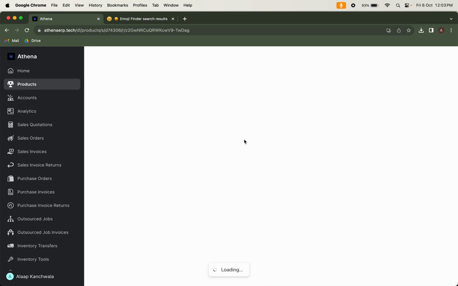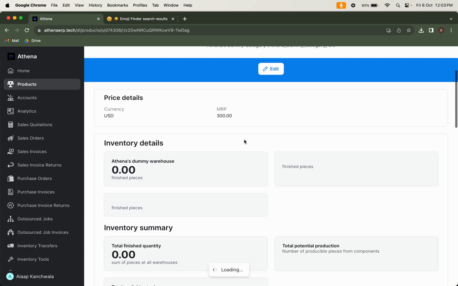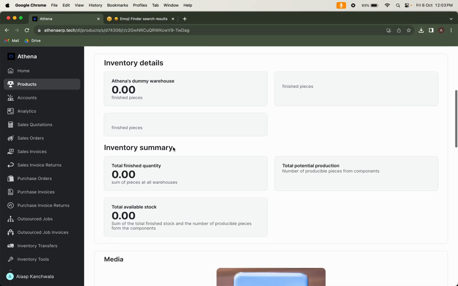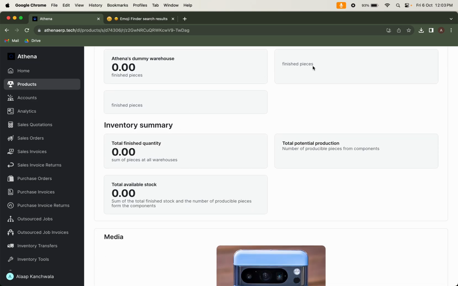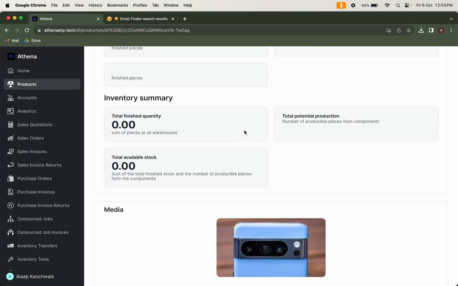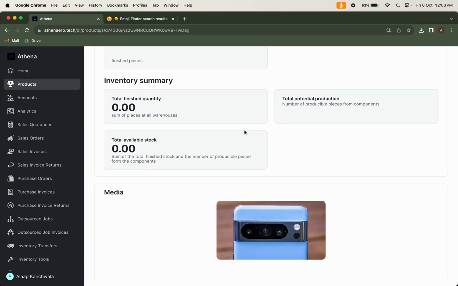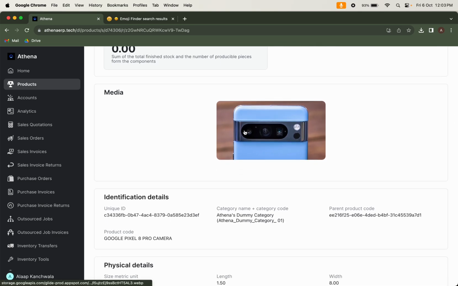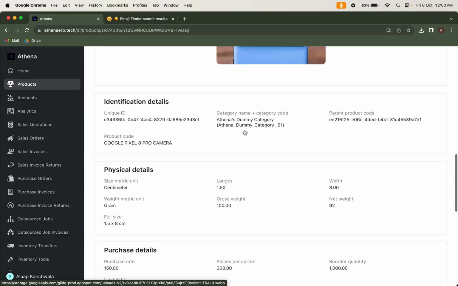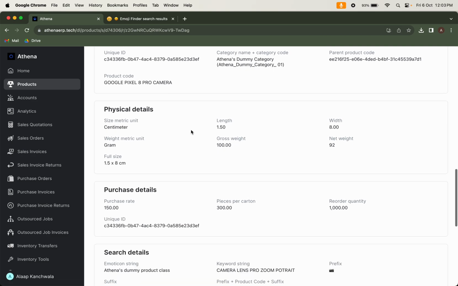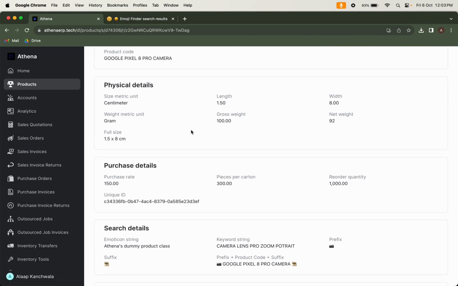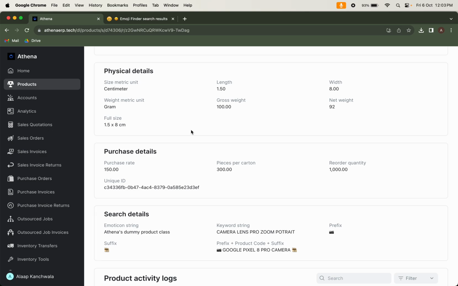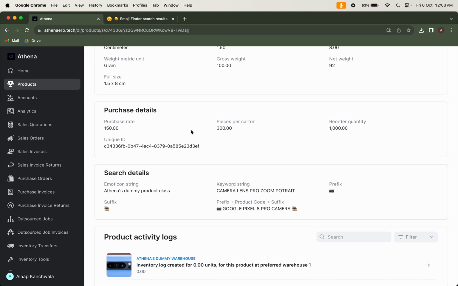Oh, just a second, accidental reload. Yeah, you can also see other details of it, like its inventory details. If you have up to 2 more warehouses, you can see if there is any stock of this. You can probably produce from its components. We'll get to that later. You can see its media, if there are photos, videos, all of that is populated. You have its IDs, the physical details. Essentially, all the details that you entered have now been systematically grouped and provided back to you for future use